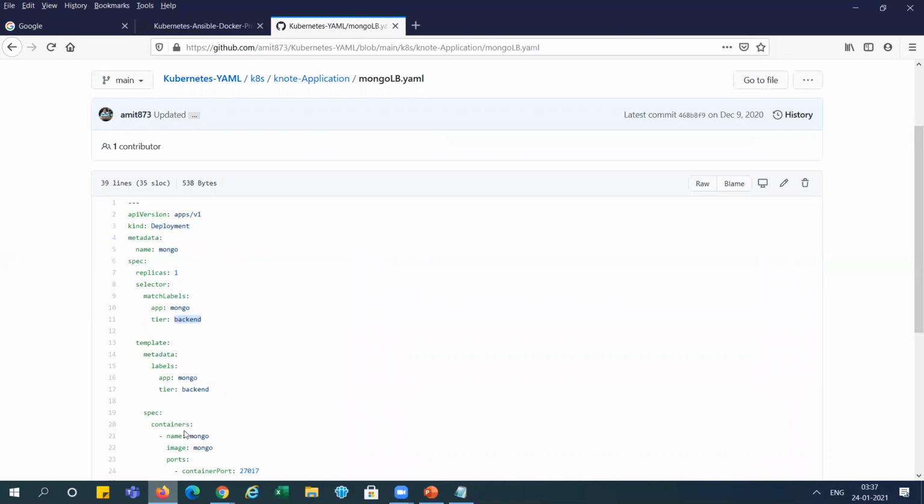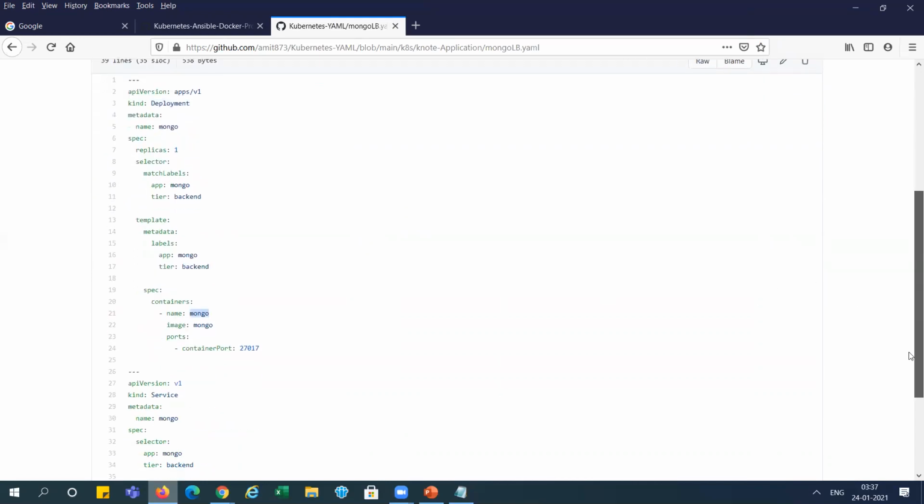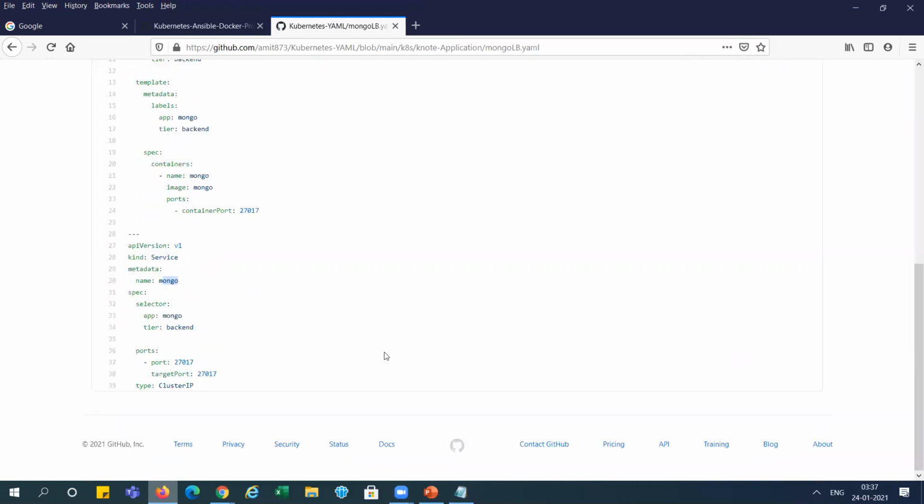And here we are using the MongoDB image, right? And you can see the name and image we are using, and the port Mongo is working on.